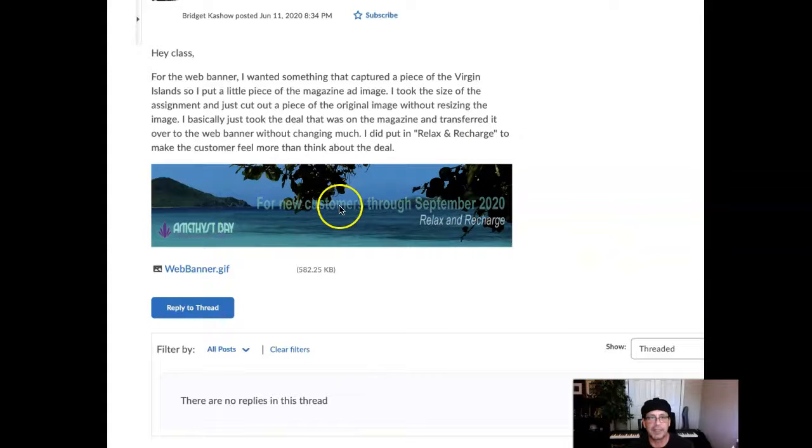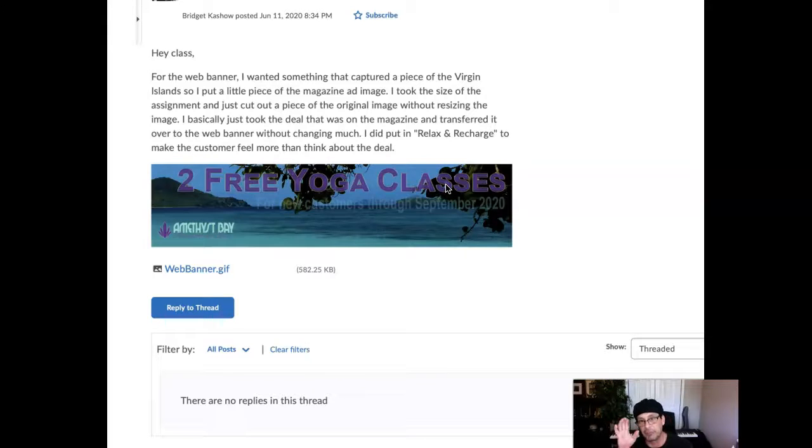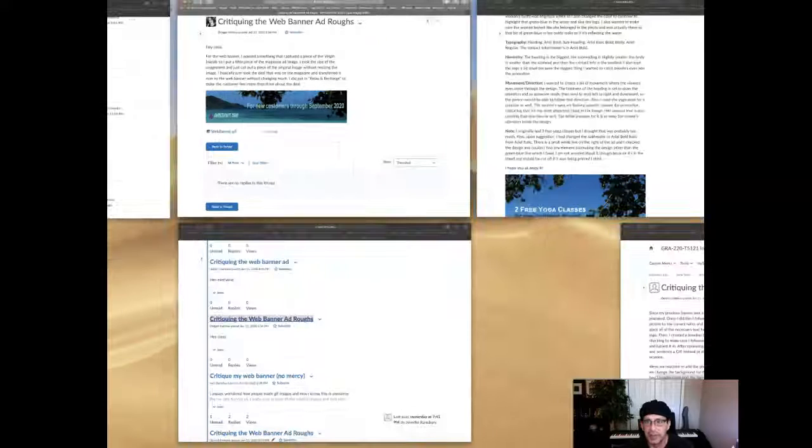Bridget, as I look at the headline right here, it almost seems like I'm seeing a white stroke at first. Watch, right there. That type seems to be stroked with white. That means outlined with white. I do not recommend doing that. I would remove that stroke if you have a chance to do that.